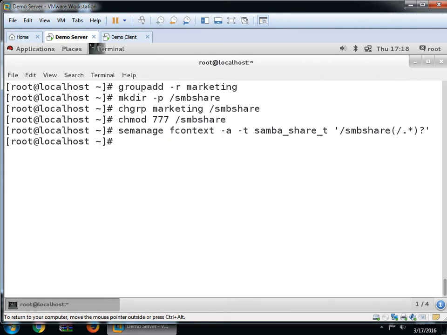So what is the use of this line? Here there is a directory smbshare, and according to SELinux we have to allow this policy.